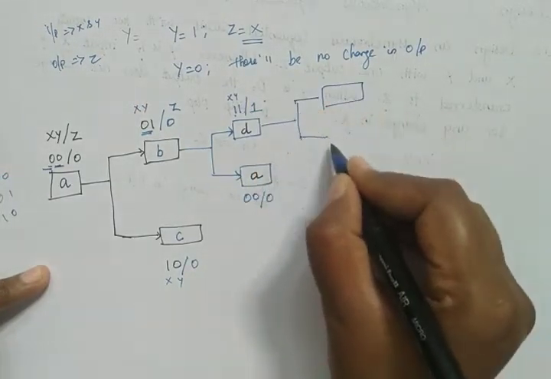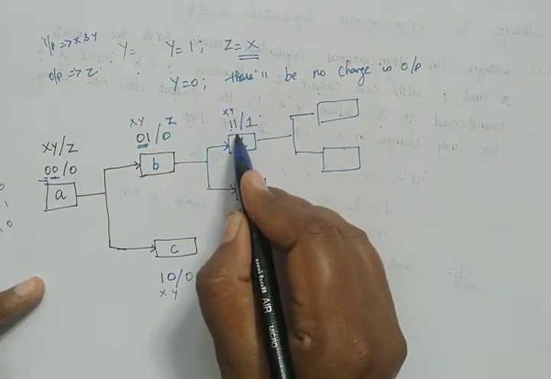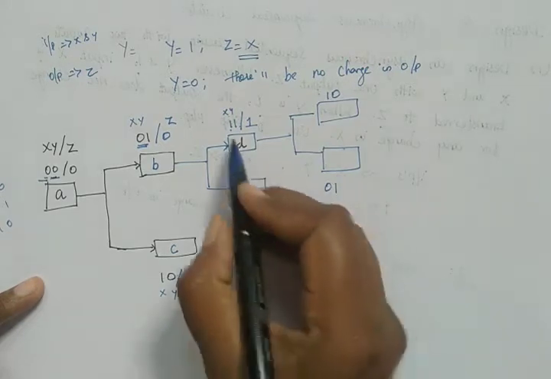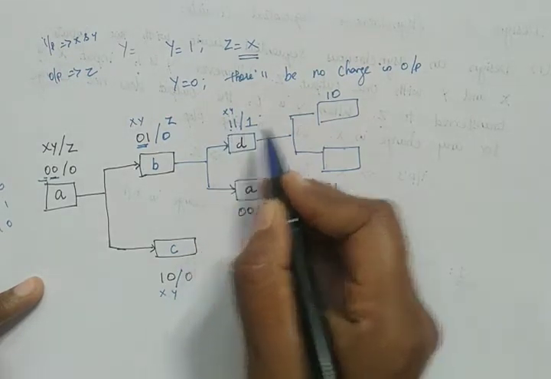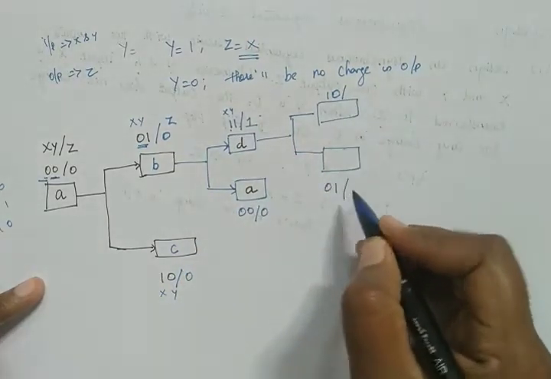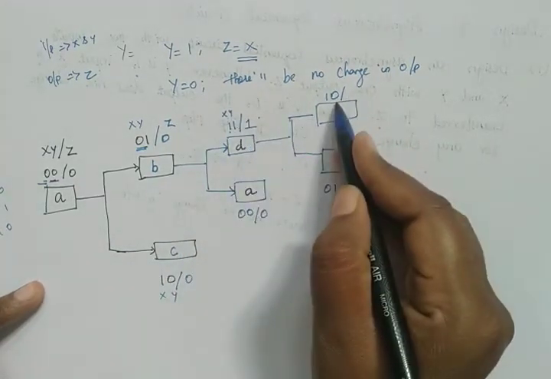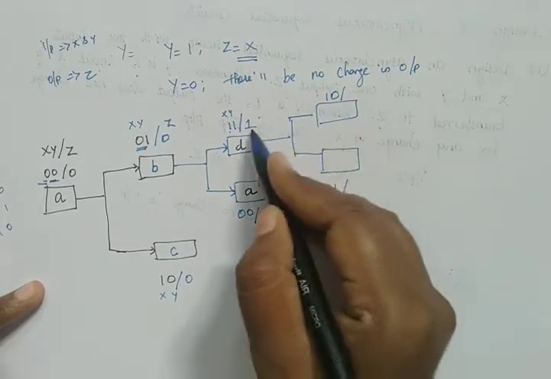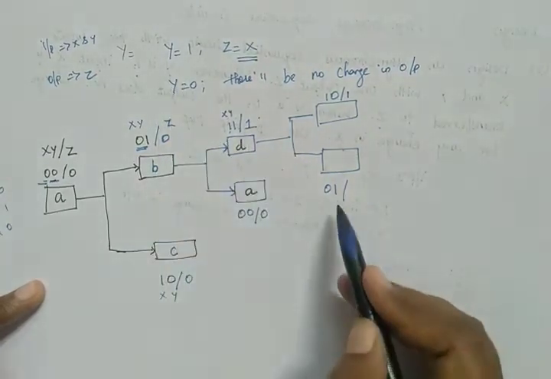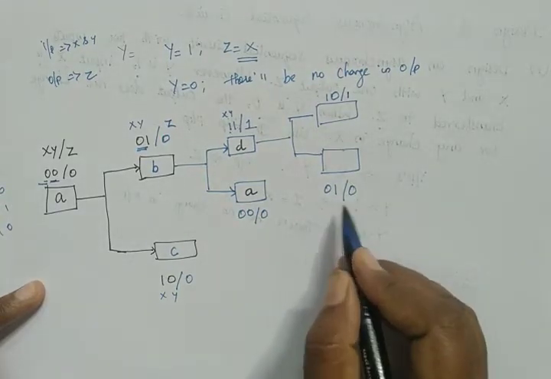Now see here, if here we have 1 1, isn't it? If we have 1 bit change, this will be either 1 0, or this will be 0 1. Now check here, if y is equal to 0, there will be no change. If y is equal to 0, we have output as 1, so check the previous state. Here y is equal to 1. So if y is equal to 1, then z will be equal to x. So this is 0 1 by 0.